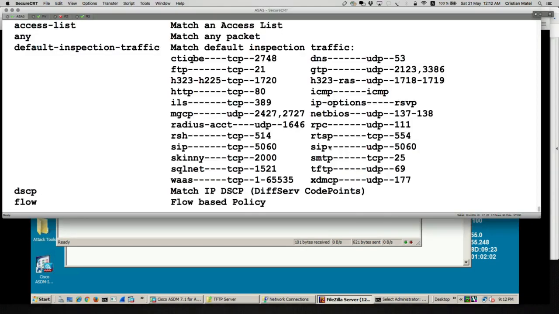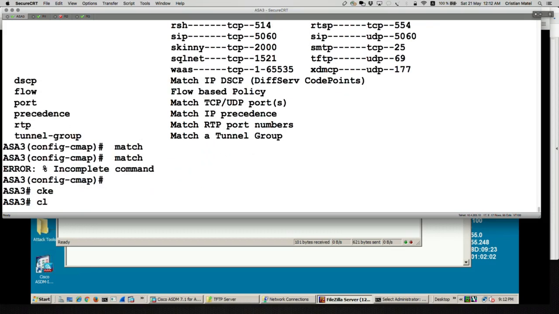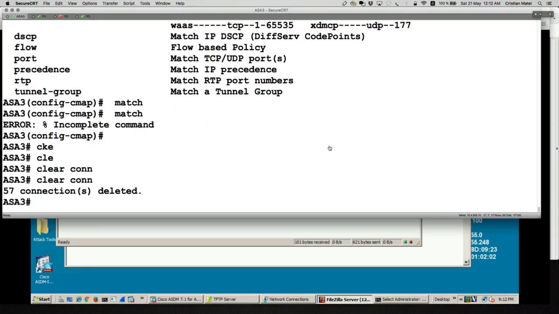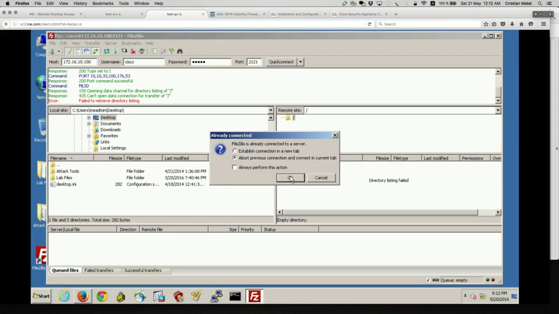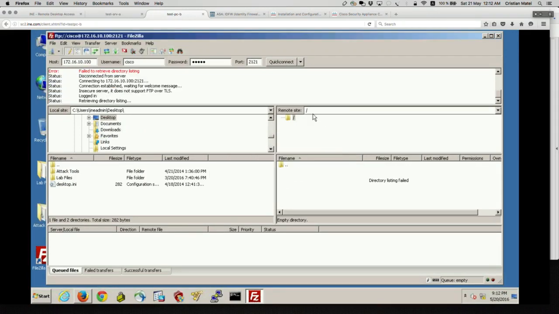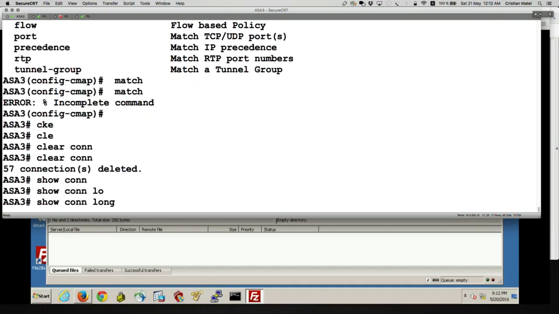Let's go on the ASA and let's kill our connections for the moment. Clear connection. And now let's go on PCB and connect again on port 2121. Quick connect, abort, and connect a new session. Okay. If we go on the ASA and say show connection long,